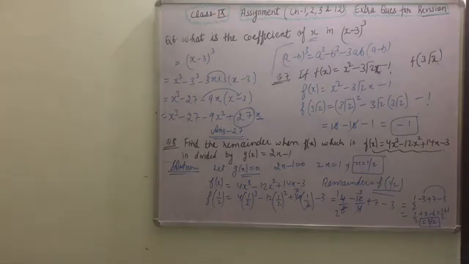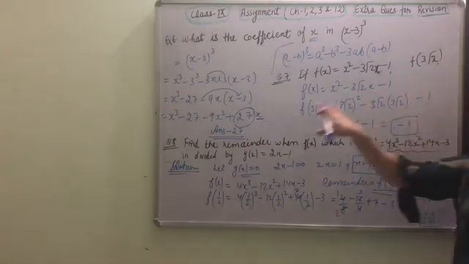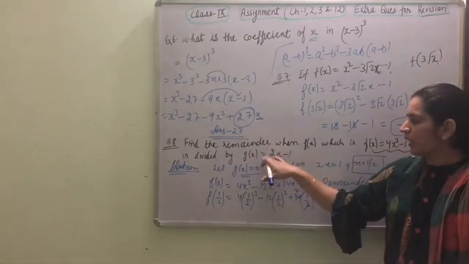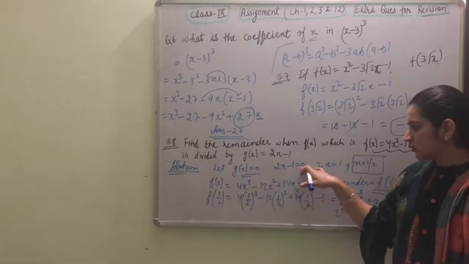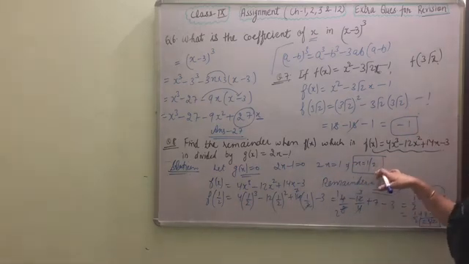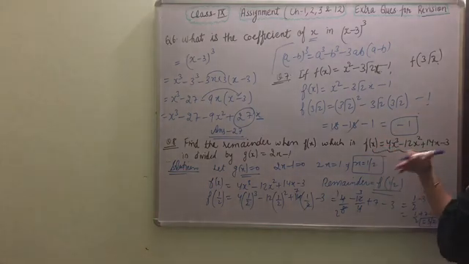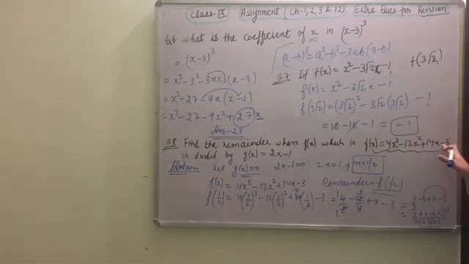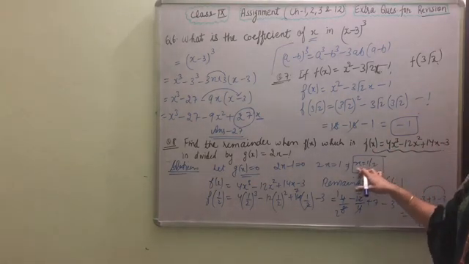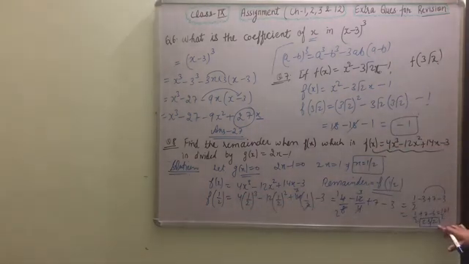We have to find the remainder when this polynomial is divided by the other polynomial. We'll take the linear polynomial equal to 0. Here 2x minus 1 is equal to 0, x is equal to 1 by 2. We'll substitute the value of x in this polynomial f(x). Why have I written f(x) here? Because the polynomial is in x, the variable is x. Okay, f(x) is given, so we are going to substitute the value, f of 1 by 2, and after simplification the final answer is 3 by 2.